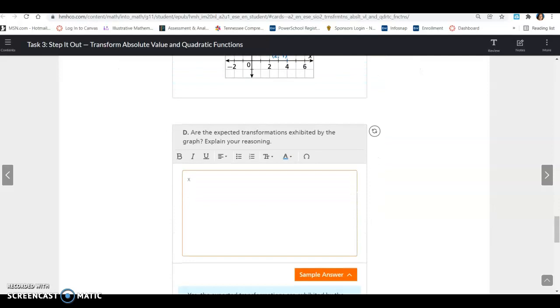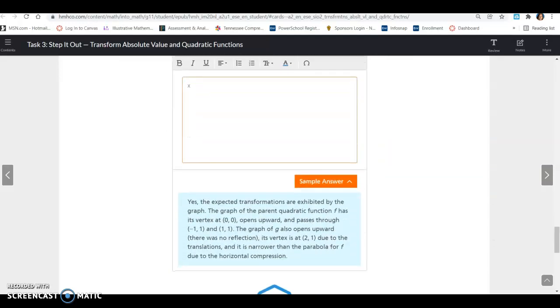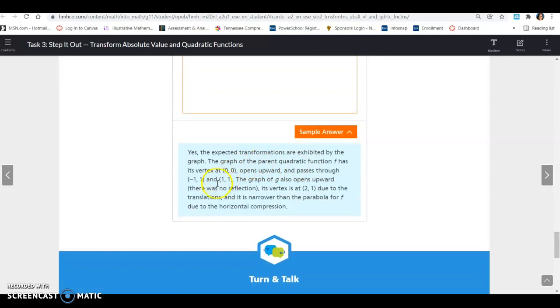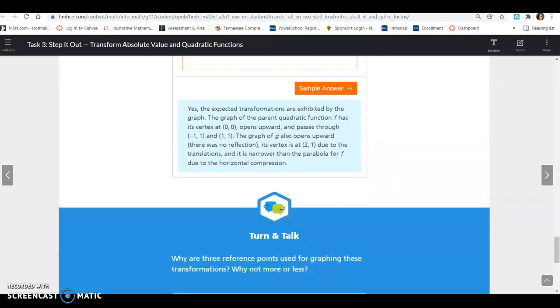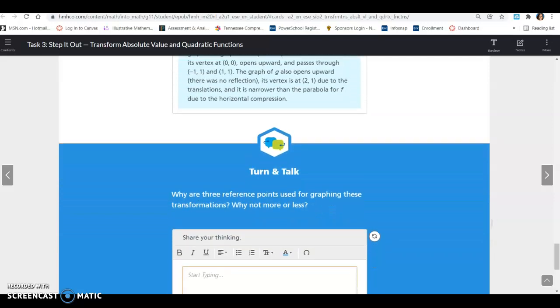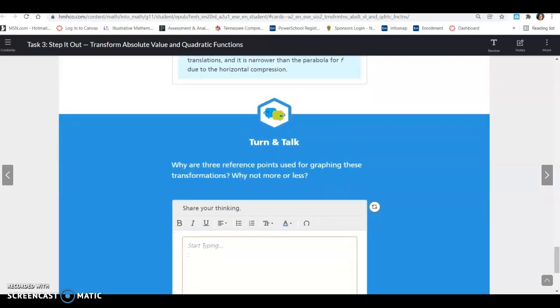All right, are the expected transformations exhibited? Yes. All right, and again, you could read through the explanation. It moves your vertex, and the H and K shift it, and the B compresses it. All right, why are there 3 reference points used in the graph? Well, when you've got a V or a U-shaped graph, you need at least 3 points to get that shape. You could use more than that, but you could not use less than that. If you use less than that, you just have a line. So you need at least 3 points to get a V or a